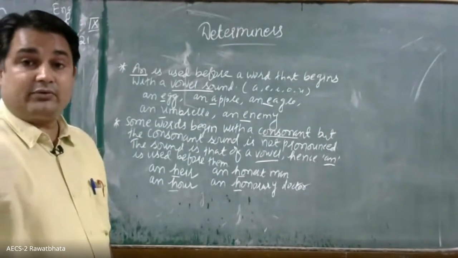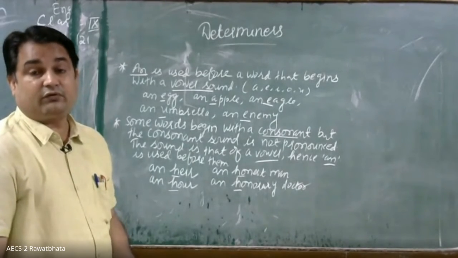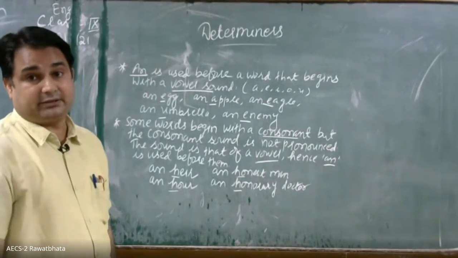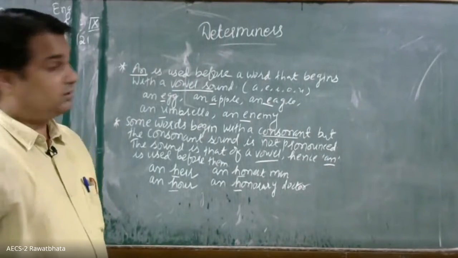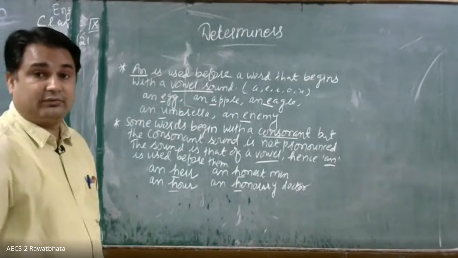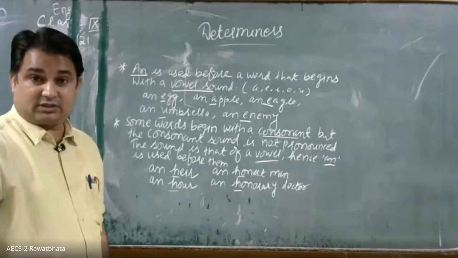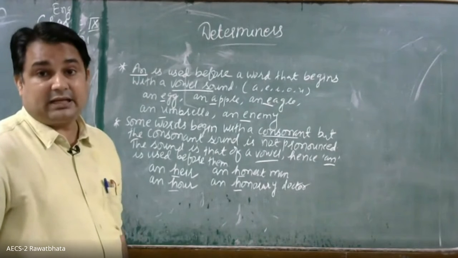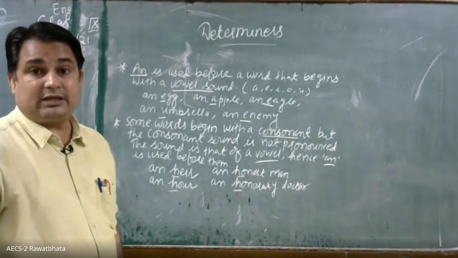So this is how "a" and "an" are used before a noun to specify its meaning, to limit its meaning. They are determiners. Okay, so all of you have written this. Fill in the blanks type questions are asked in the exam, so there you have to use them correctly.